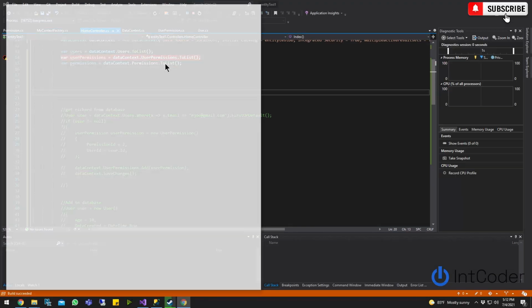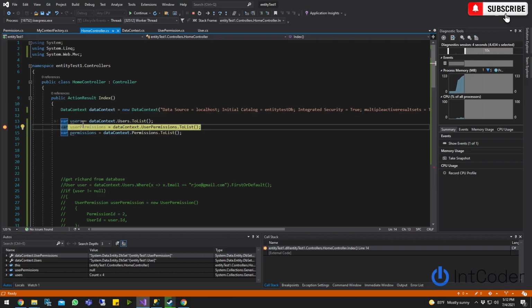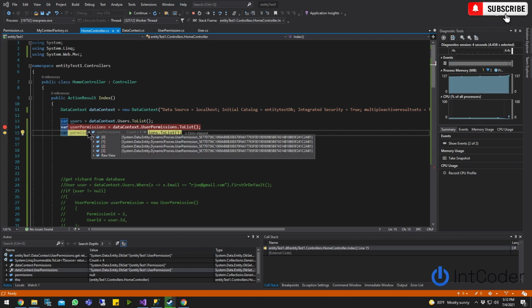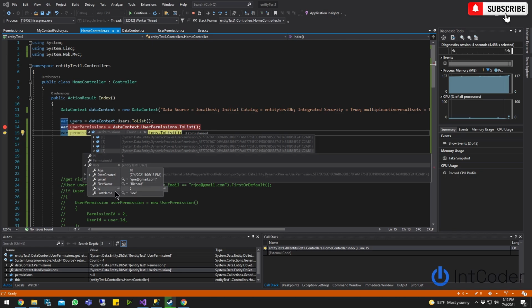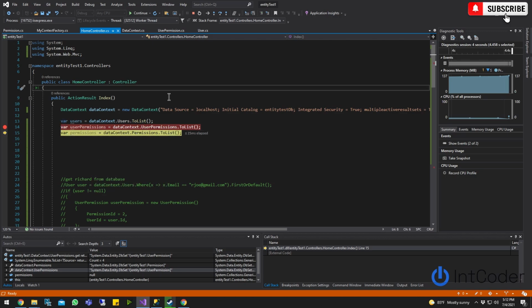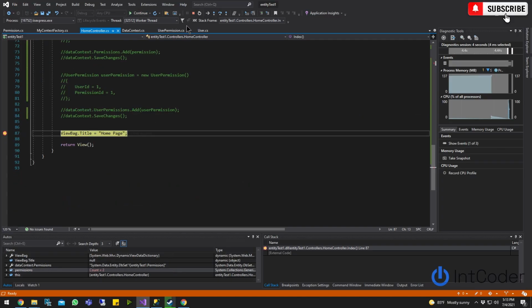Let's run it again. So now I'm pulling all users from the database. As we can see, Richard is here. Richard is the last one. And now the user permissions, we're going to see Richard. So user permissions, if I go to the last one, you see how I'm pulling permission ID number 2 and user ID 5. And there's a drop down here for user, and you see Richard, it's in here. So yeah, our very first CRUD operation was to add. So we're good to go here. All right, so the next one,